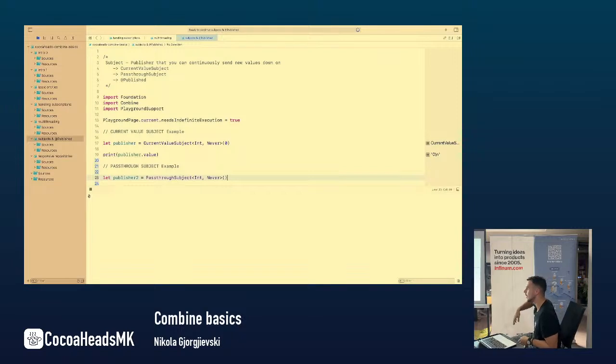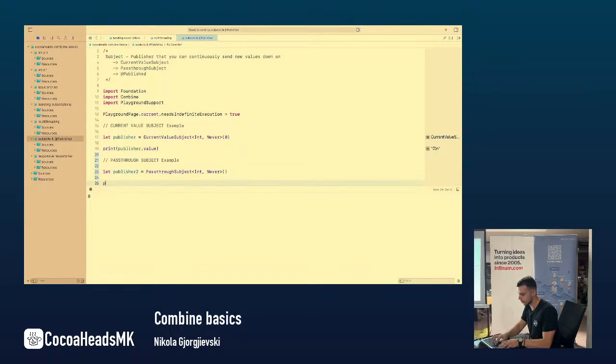If you read the Apple documentation, it says you would use this one for triggering some actions, like sending a trigger, logging, or something like that. I have never used it. I have never found any useful usage of this. Just to be out there, I'm going to show that, since this one does not hold a value,